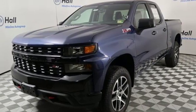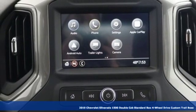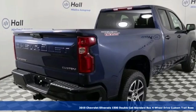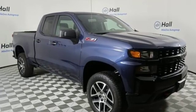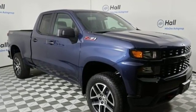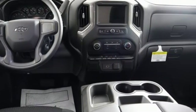Here's a new 2019 Chevrolet Silverado 1500. The Silverado 1500 is built to last because you don't build a legacy on chance. It's well equipped with the features you need: automatic transmission, electronic shift on the fly, Ecotec 3 engine, aluminum wheels,